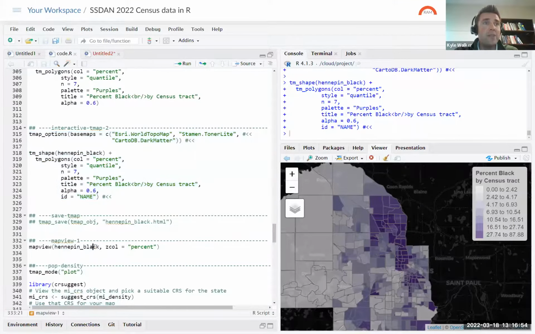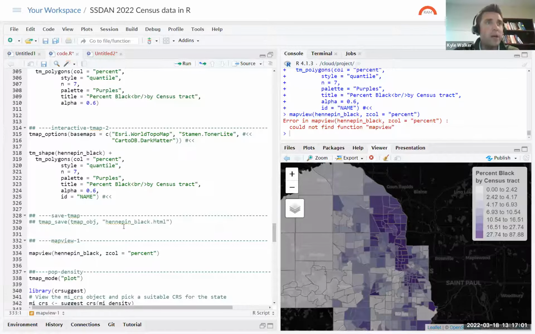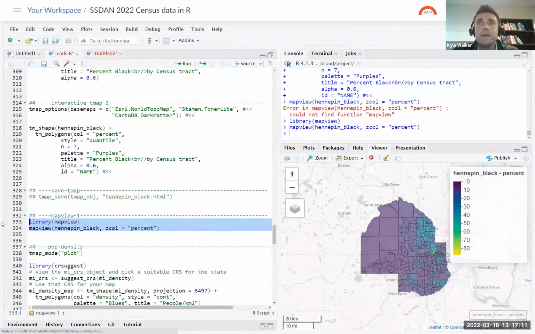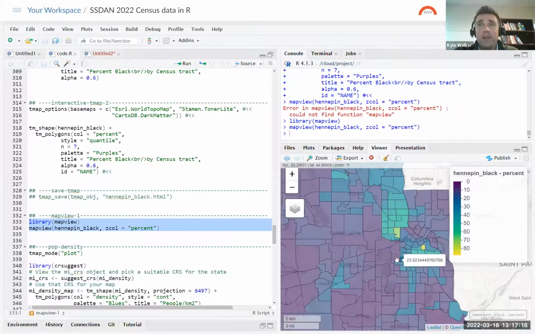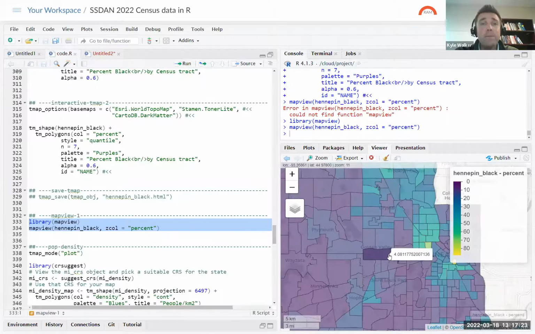I'm going to go ahead and run that through. And it's like I killed my environment before. I'm going to need to do library(mapview) to do that. And now, with a single line of code, I have an interactive, browsable choropleth map that allows me to really quickly explore variations. And mapview has a number of functions that allow you to customize this output